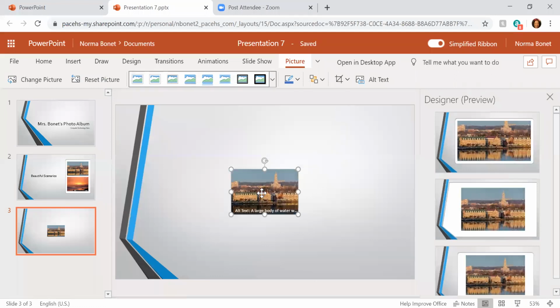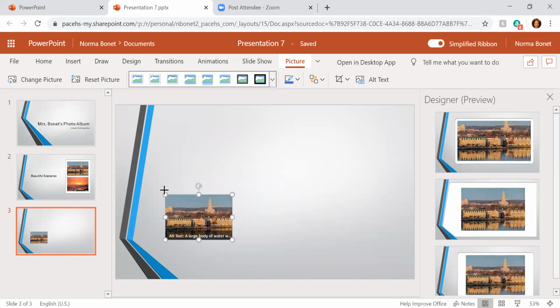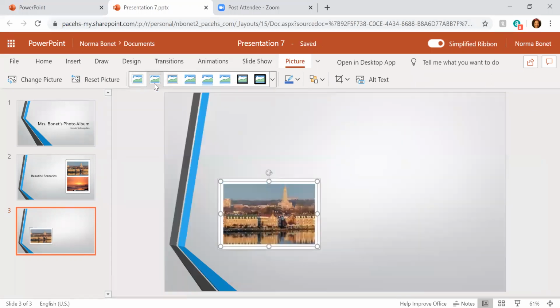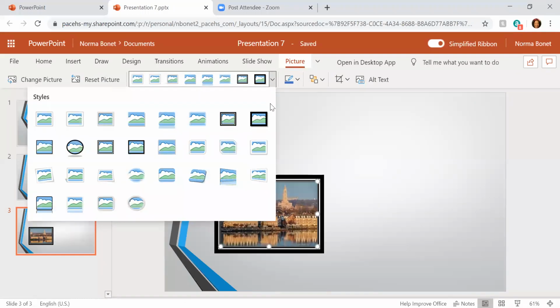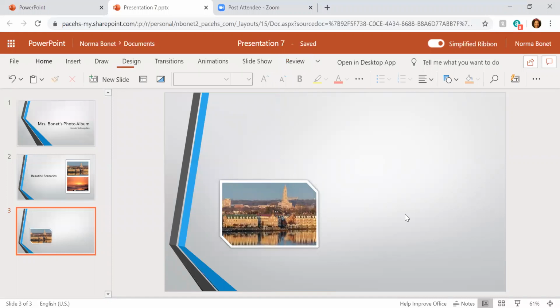Now, with this particular choice, what I could do is frame it with whatever choice that I have up here. So I could go ahead and frame the picture in white or another design here, and then I could click and see if there's any other options that I'd prefer to use. So I'll go ahead and choose this one over here, and then I'm going to add my other picture,